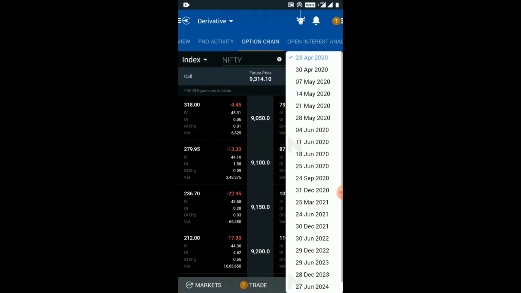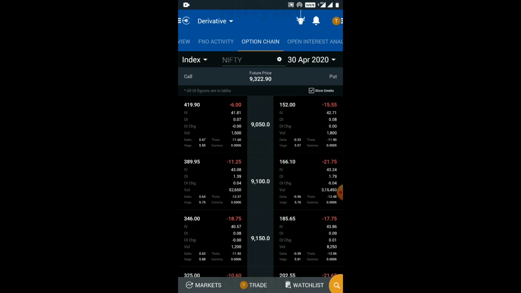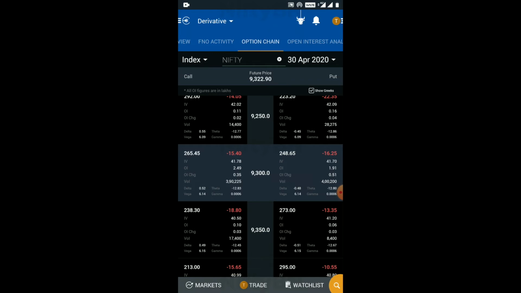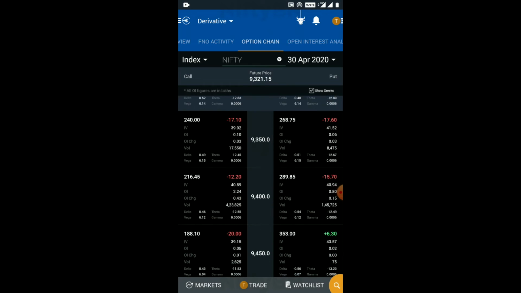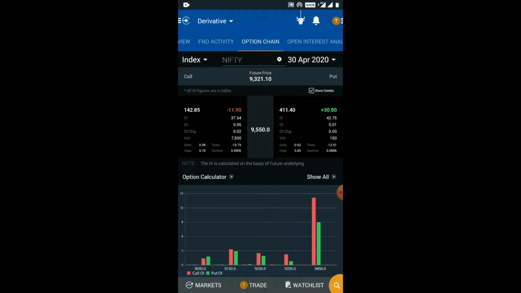You can then select an expiry date from the drop down menu on the right. Enable show Greeks and you would get to see the Greeks associated with each strike price. Scroll further down and you would get to see a visual option chain where you can find at which strike price the maximum open interest is concentrated at.